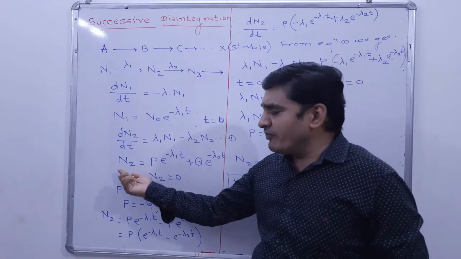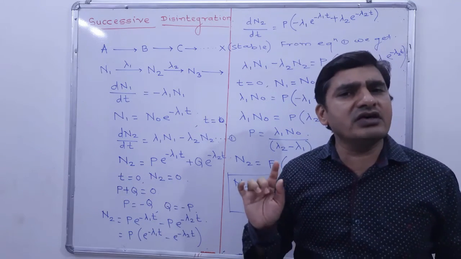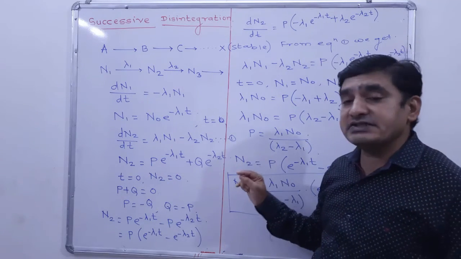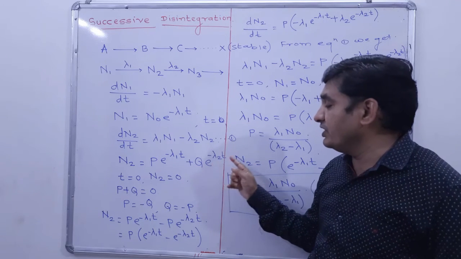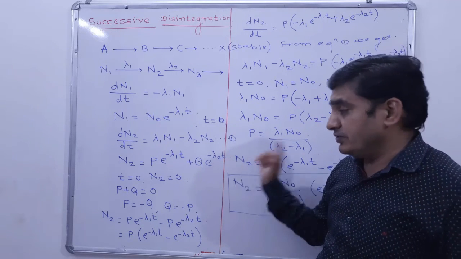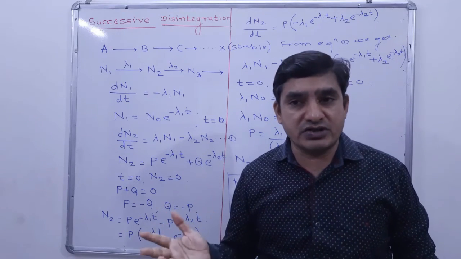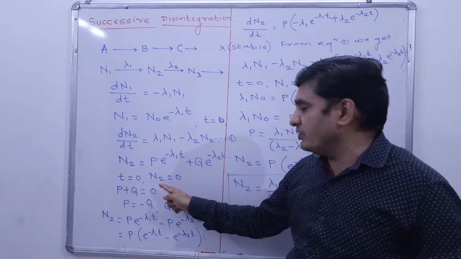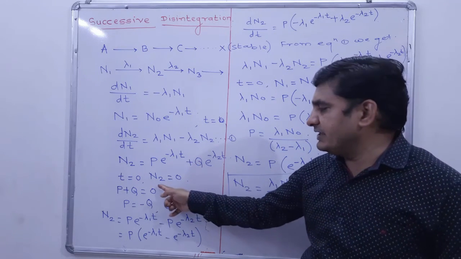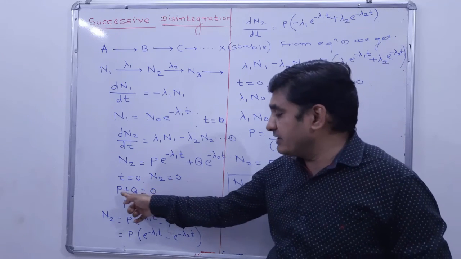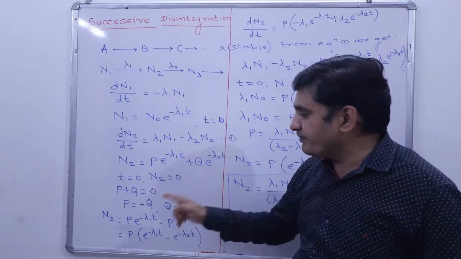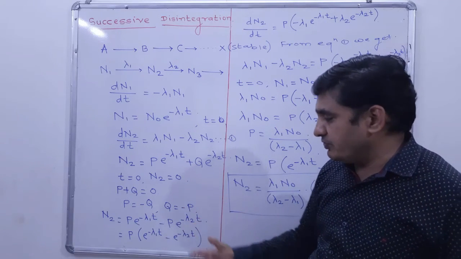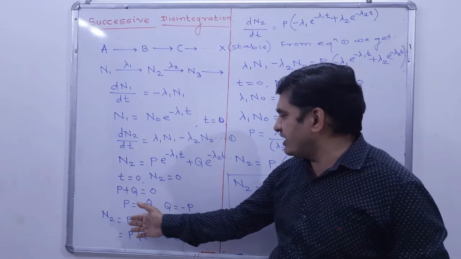The number of radioactive nuclei for the daughter can be written as N2 is equal to P e raised to minus lambda 1 into t plus Q into e raised to minus lambda 2 into t, where P and Q are constants. If we consider initial time t equal to 0, there is no formation of daughter and therefore N2 is equal to 0, and therefore P plus Q is equal to 0. It indicates that P is equal to minus Q, or simply Q is equal to minus P. When we put this value